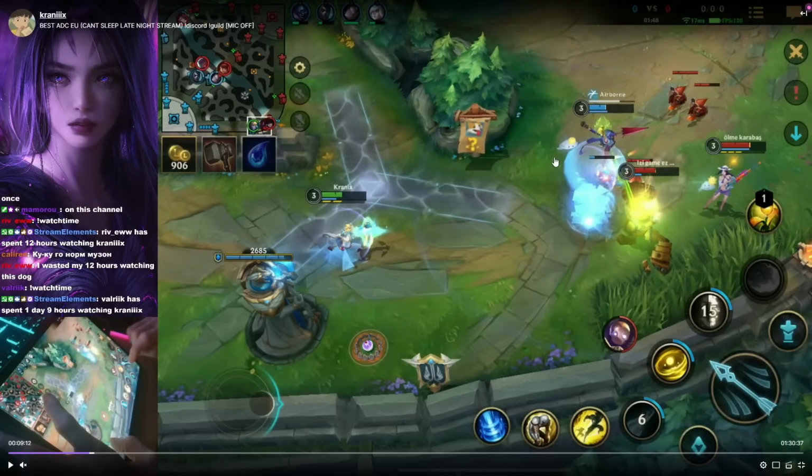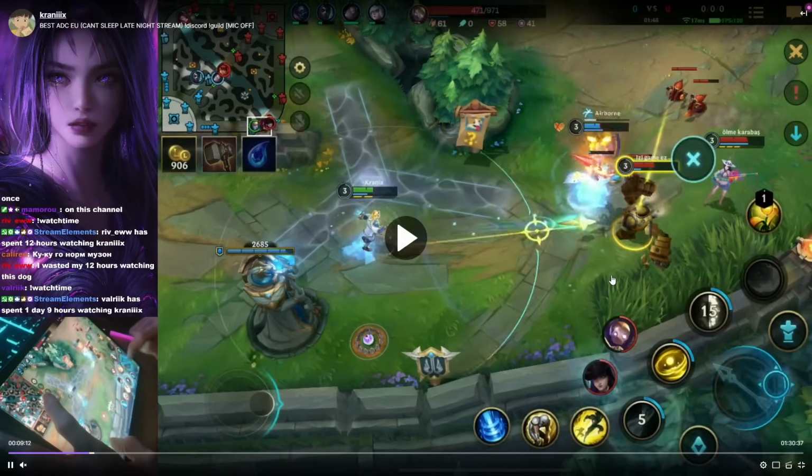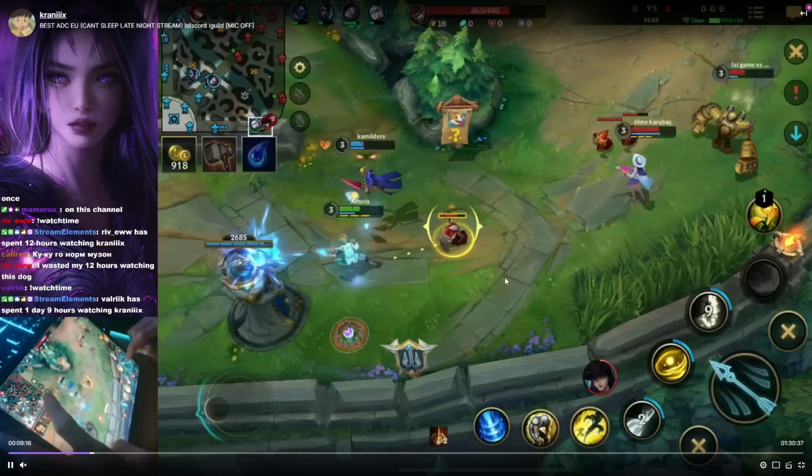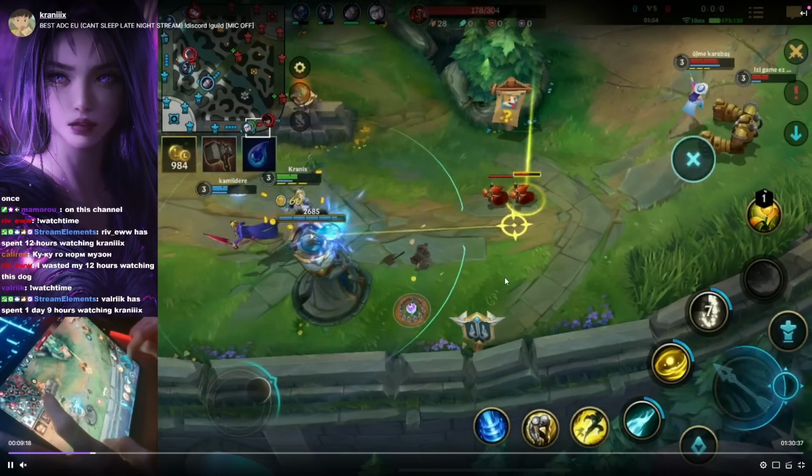Now we have a big problem. Ezreal started backing off, Janna got hooked, and now she is forced to flash. He can't even trade anything back. Like, really,